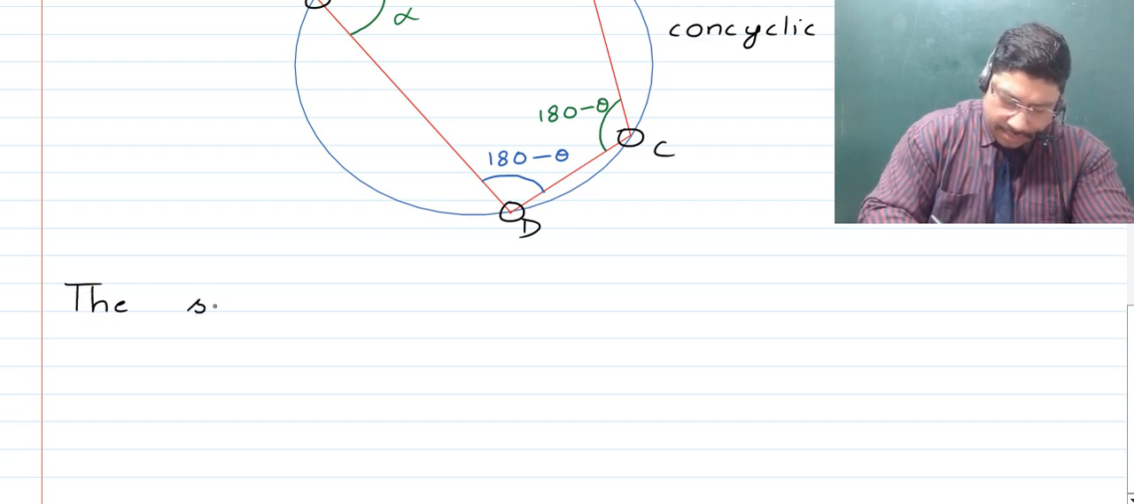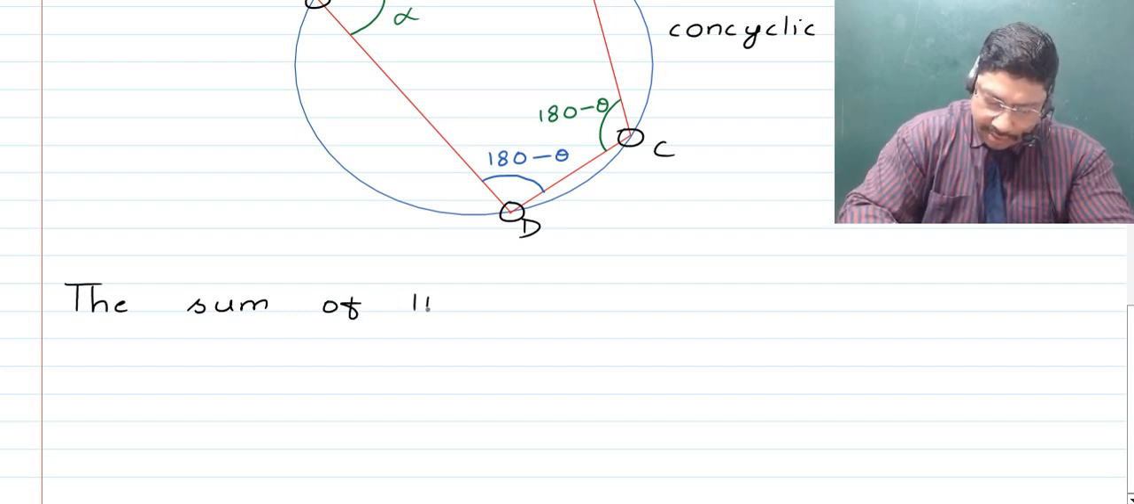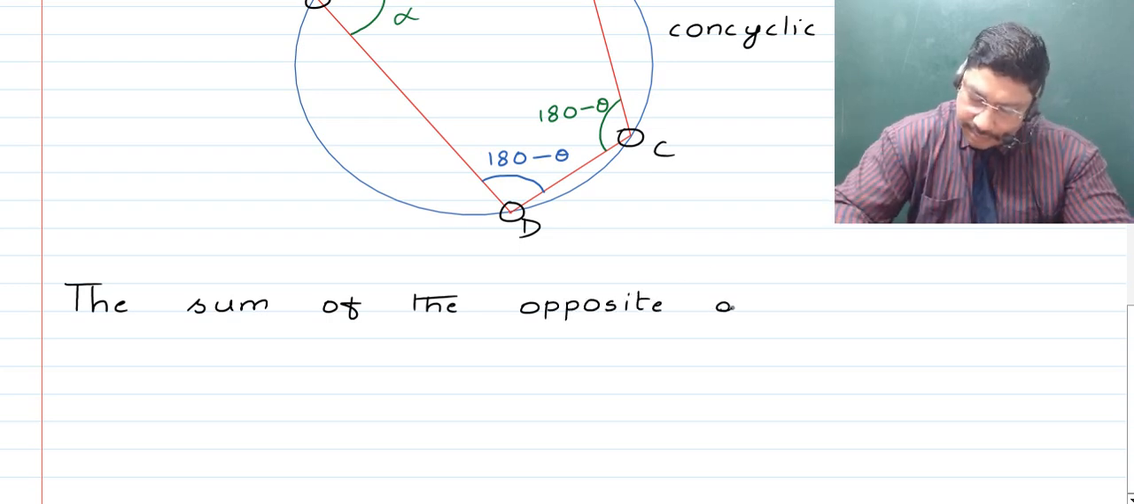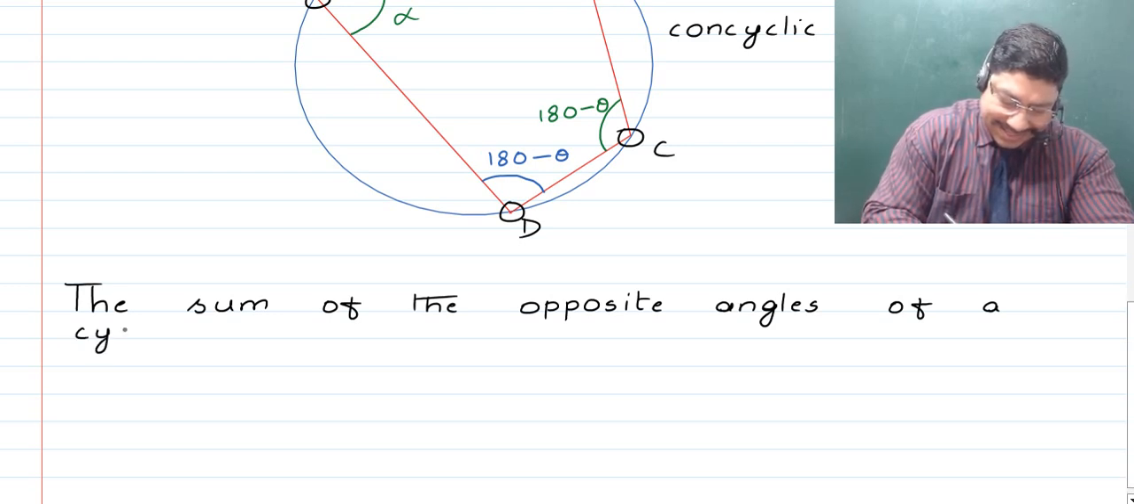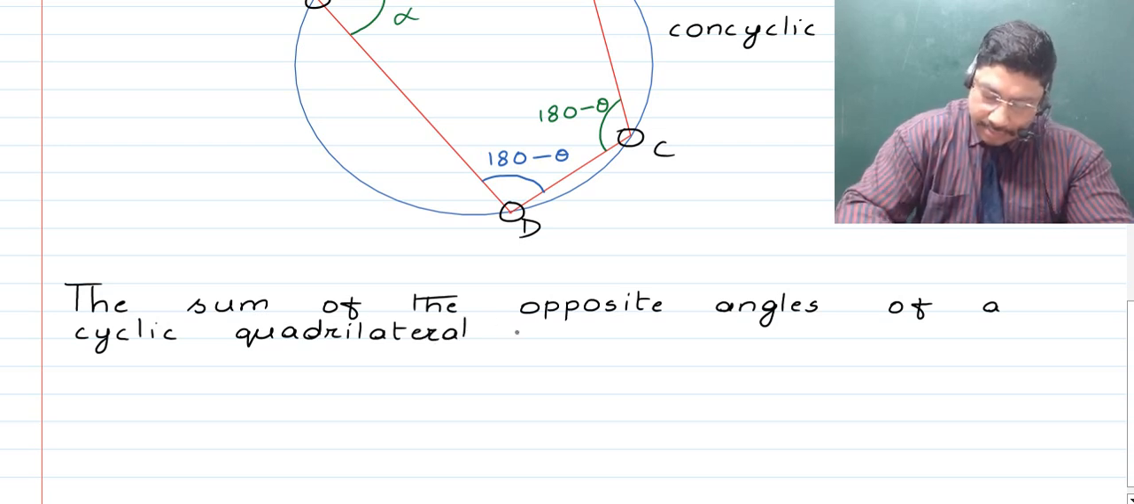The sum of the opposite angles of a cyclic quadrilateral is supplementary,